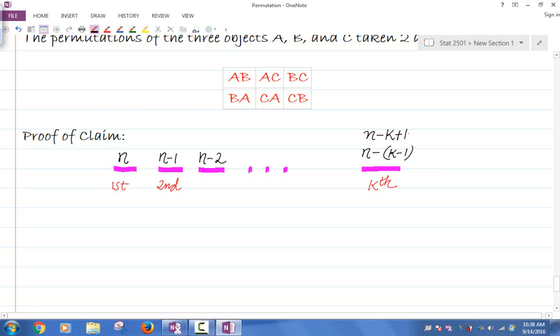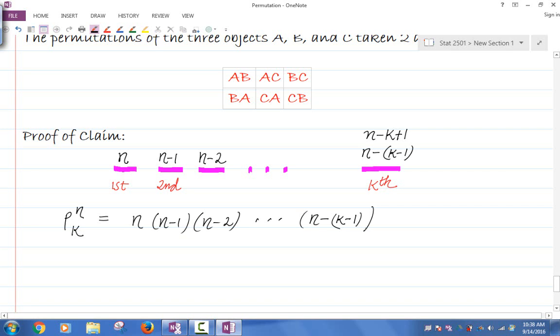So then P(n,k), the number of permutations of n objects taken k at a time, will be n times n minus 1 times n minus 2 dot dot dot n minus k plus 1,